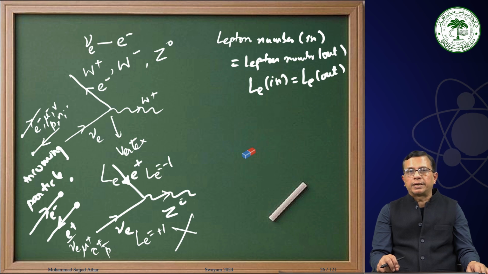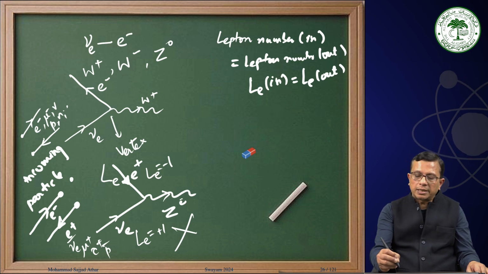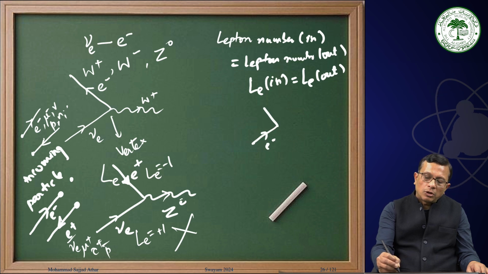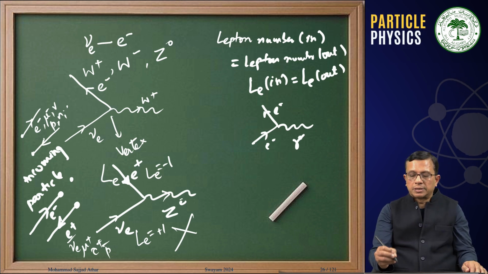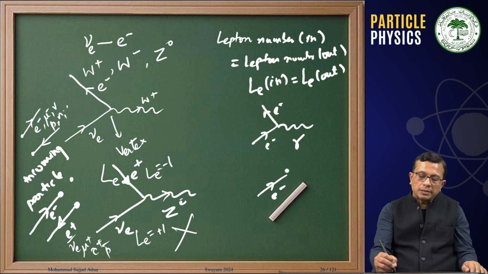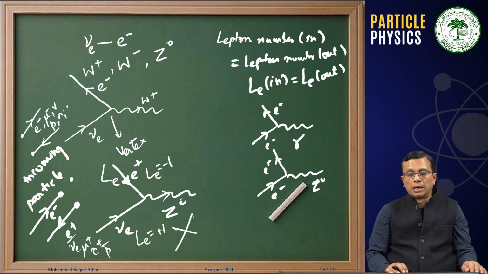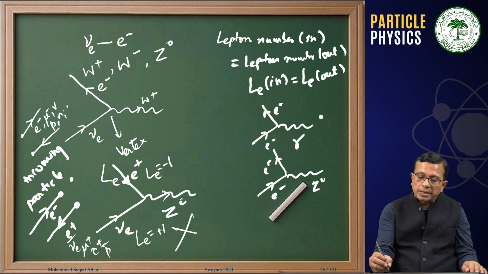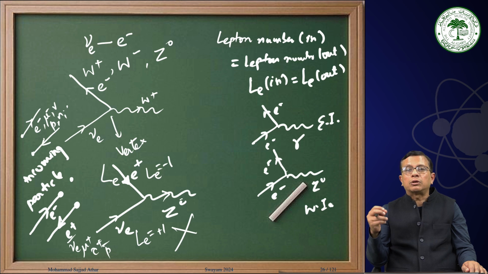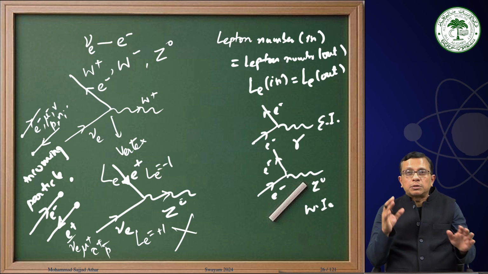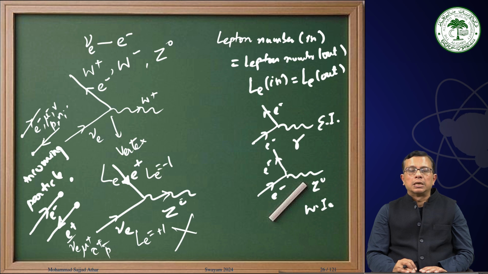Okay, now the other question that you may ask is that electrons participate in electromagnetic interaction also, and the quantum of electromagnetic interaction is the photon. Therefore, you can also represent it by an electron emitting a photon and moving in some direction, while in the other case, the electron emits a Z0 and moves out. Now the important point is, this is an electromagnetic interaction process and this is a weak interaction process. We know that the weak interaction cross section is almost 8 or 10 orders of magnitude smaller than the electromagnetic interaction process. This means that